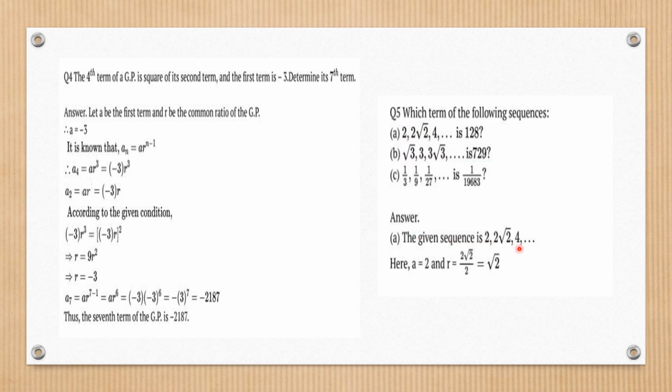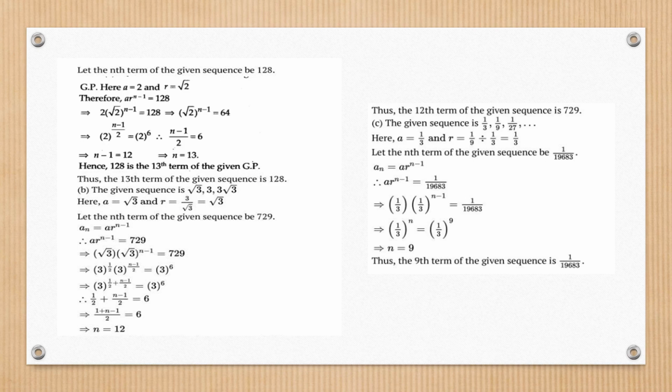This given sequence is like this, so let us work out. The first term is 2, and the common ratio, as you know, is that you are multiplying with root 2. Okay, it's altogether clear. Either check it by the ratio or by the multiplying term. Given 128, here a was your first term, 2, and the common ratio was under root 2. So we know ar raised to power n minus 1, that is the nth term, is your 128.